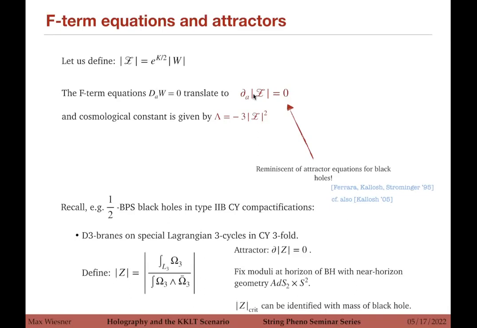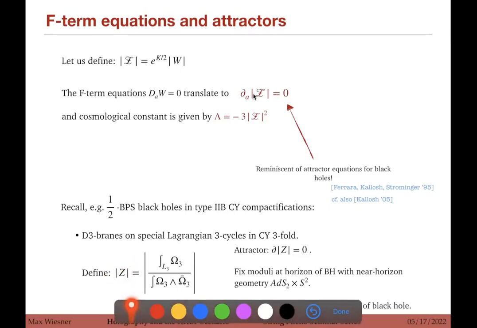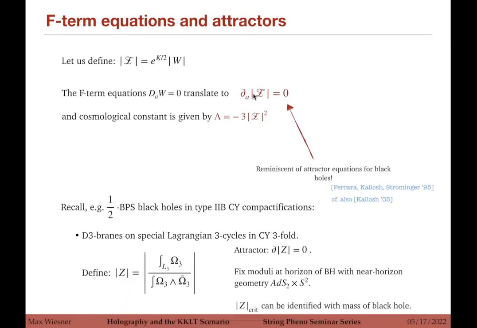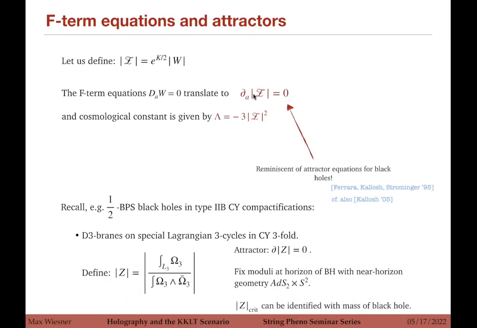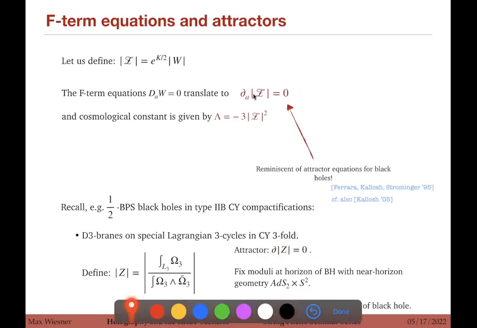Take, for instance, 1/2 BPS black holes in type IIB Calabi-Yau compactifications. These can be obtained from D3 branes on special Lagrangian 3-cycles in the Calabi-Yau threefold. And here we can define a similar quantity, which I here call normal Z, not curly, which is essentially the period of the holomorphic (3,0)-form over the cycle. I think there's a square root missing here, normalized properly. And then this can be identified with the mass of the black hole, and the flow of the moduli towards the black hole is such that we reach the attractor point where we precisely minimize the central charge